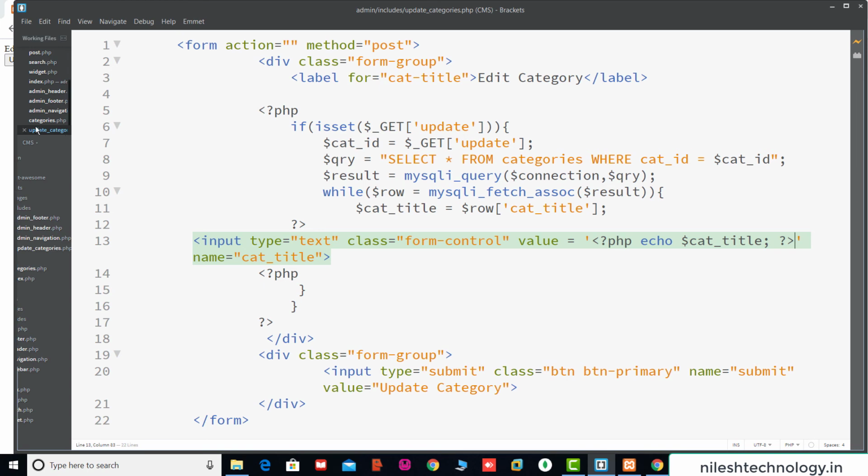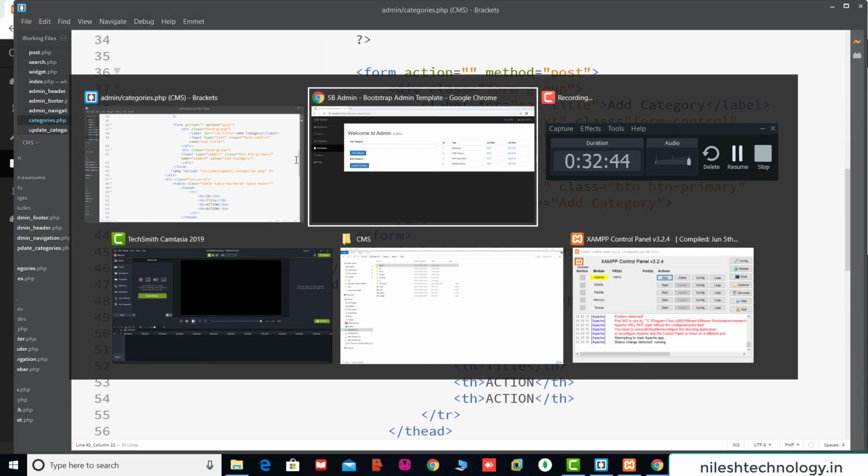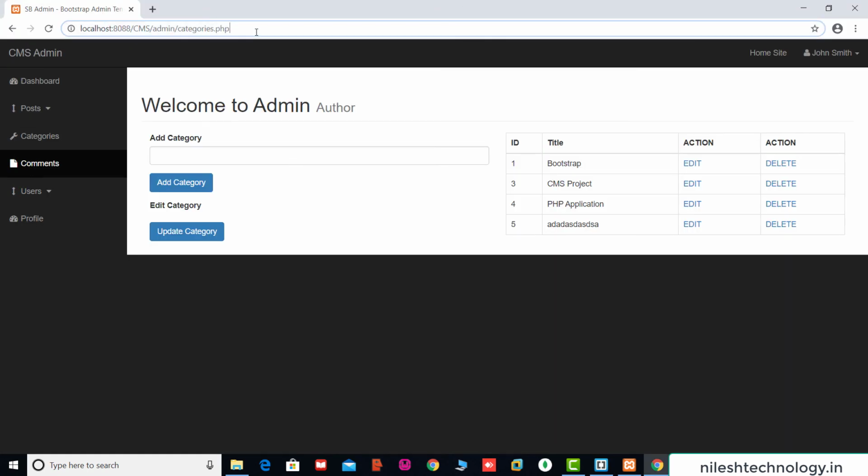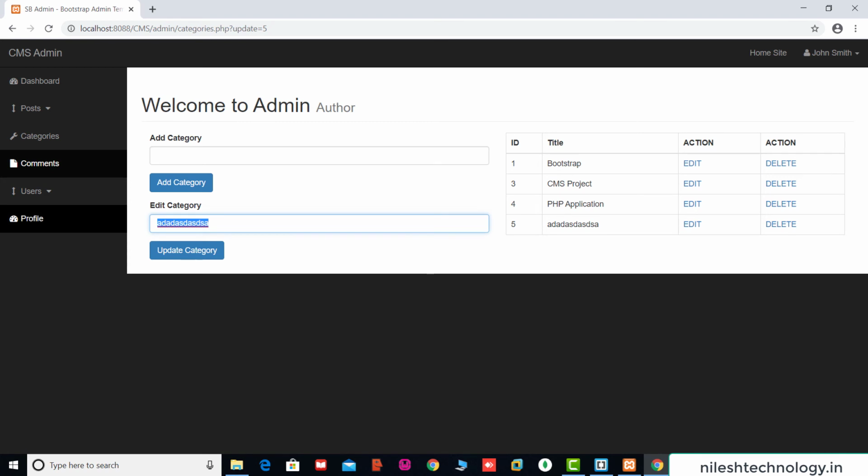So again we go into this categories page, refresh this page, edit. Now this name is displayed here finally. Now the next task is that when you type some other word here and click on this update category, then this category is updated. Okay, so going to this next or final task.